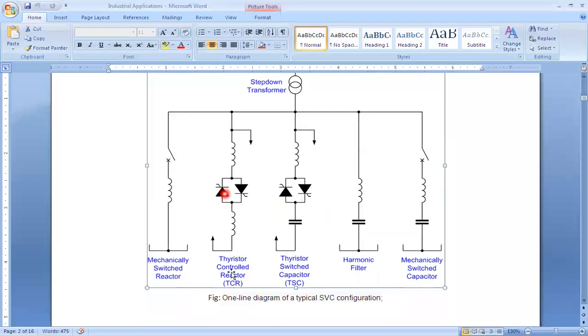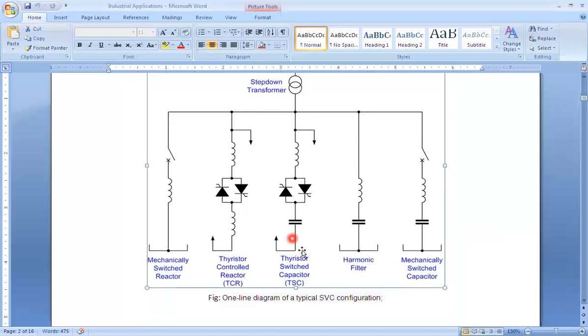The first static VAR device is the TCR, thyristor controlled reactor. There are two back-to-back thyristors connected with the inductive element. As it is an inductive element, two thyristors connect and disconnect it at this point. Therefore, it is a thyristor controlled reactor. By triggering these thyristors from alpha equal to 0 to 180 degrees, we can provide the reactive component in the